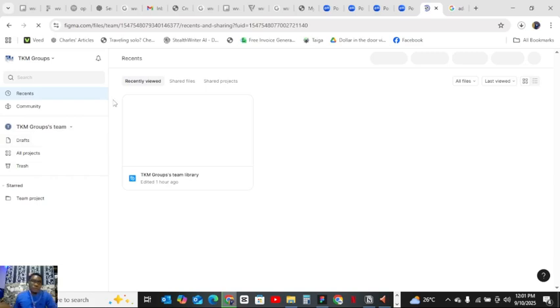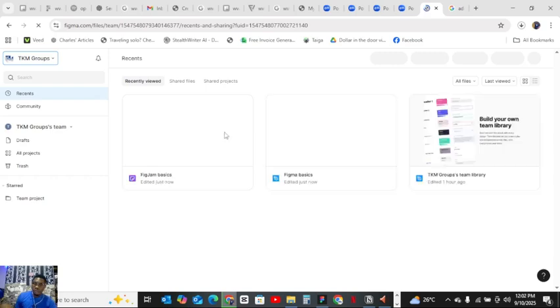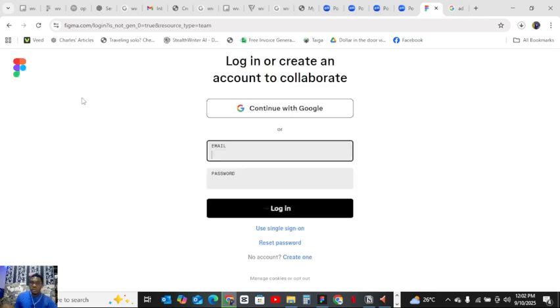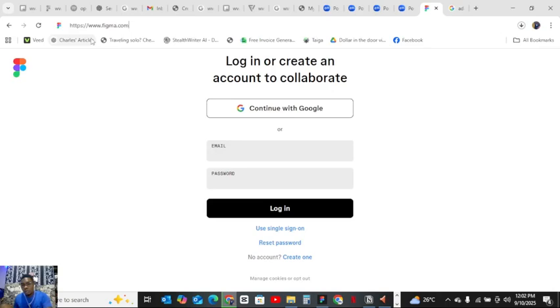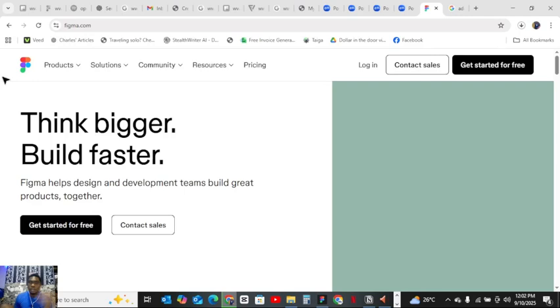I have two accounts logged in on this. When I type figma.com, because I was logged in before, it automatically logged me into my Figma account. I've logged out now, so it will definitely request me to log in.